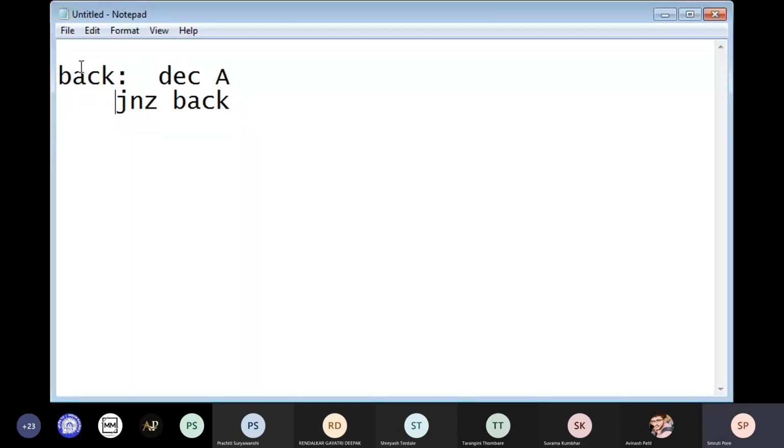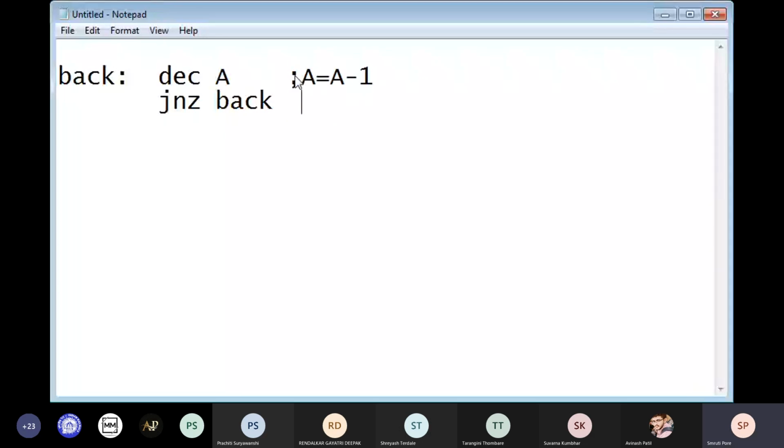Now what you can see here is that the first instruction, DEC A, will decrement the contents of the accumulator by 1. So this instruction is like A equals A minus 1.